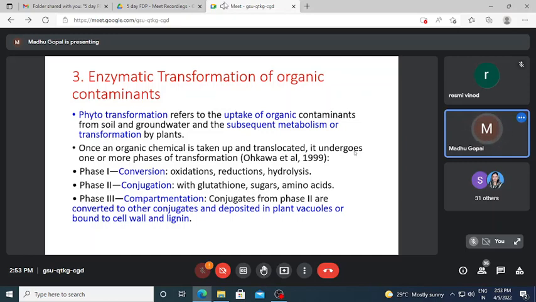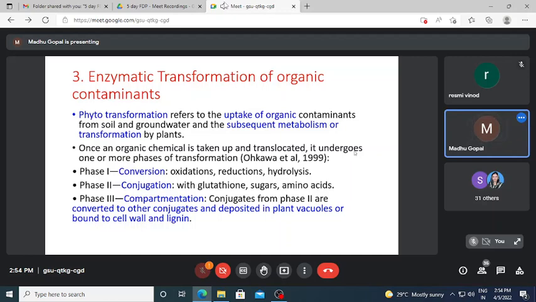There are 3 phases in this transformation. Once an organic chemical is taken up and translocated, it will undergo 3 phases. One is conversion, phase 2 is conjugation, and the third phase is compartmentation. In conversion, mostly chemical reactions take place: oxidation, reduction, hydrolysis reactions. Then conjugation: the substances that result from the conversion phase will join together with substances like glutathione, sugars and amino acids found in plant cells. Then compartmentation: the conjugates from phase 2 are converted to other conjugates and also deposited in plant vacuoles or bound to cell wall and